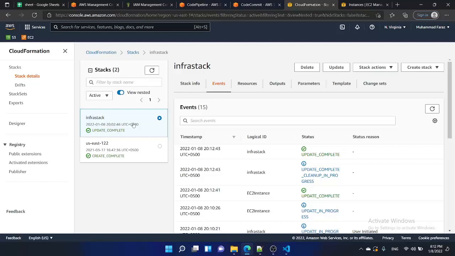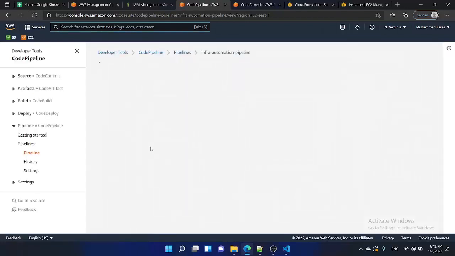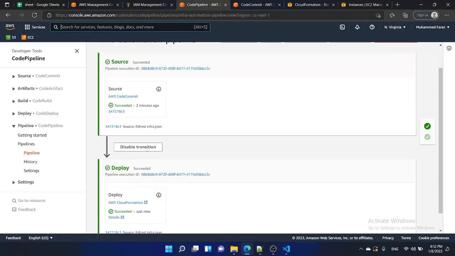And the update stack is completed. Let's go to the pipeline, refresh the page by clicking the refresh button, and it is also in